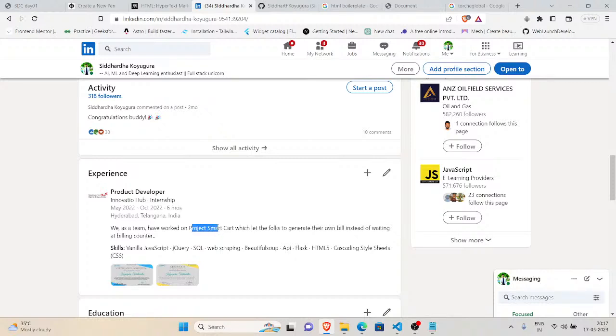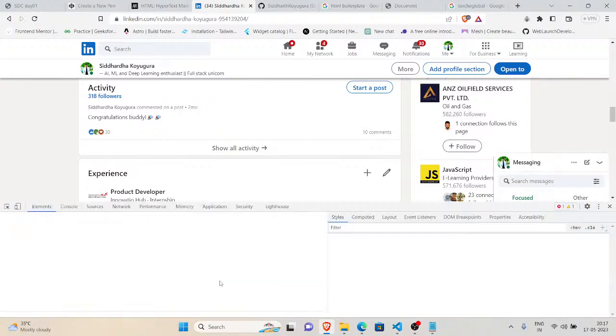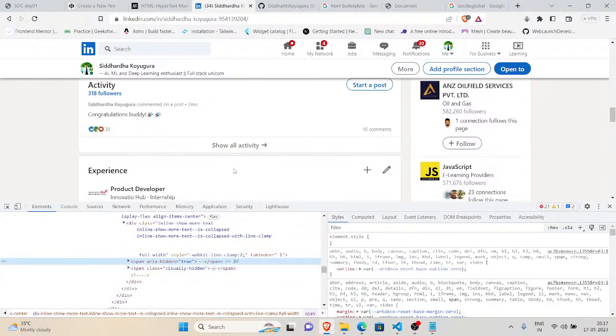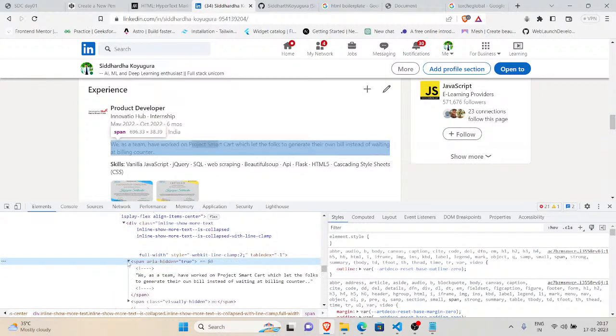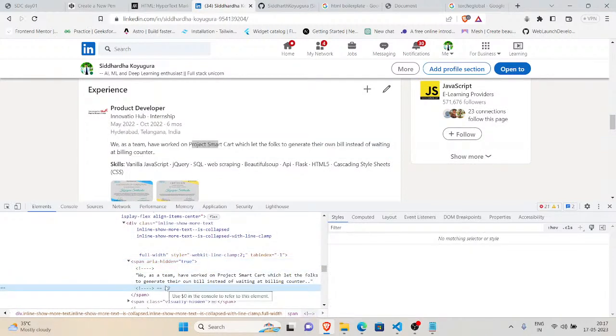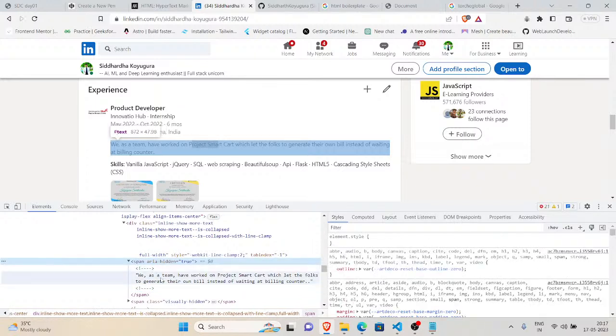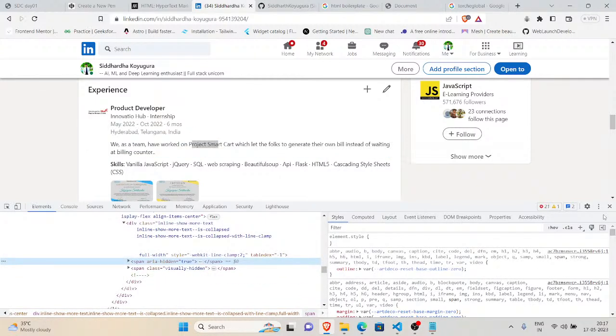This content, is it a heading tag or a paragraph tag? Let's check. It is something called a span tag. Yeah, they have used span. Span is also a type of tag, which I will explain later.